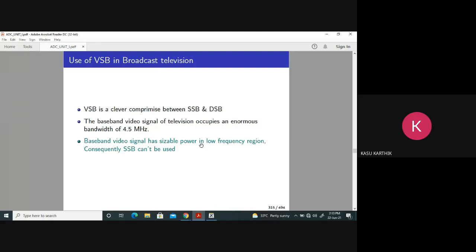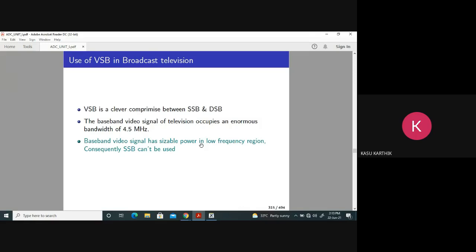So what happens is in television, you need to transmit both, because just by looking at video, you get nothing. We need to transmit both. In television, what do you receive? Your audio as well as video. So generally, for video we use VSB, for audio we can use SSB. As of now, still we have to discuss a lot more techniques. I am just telling as of now, this is the logic. It could vary depending upon further courses.